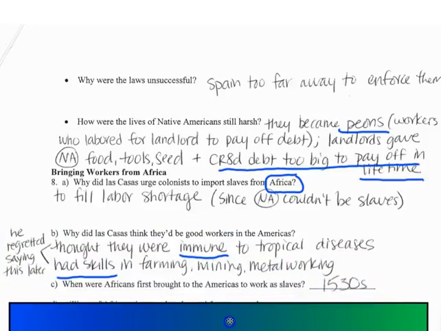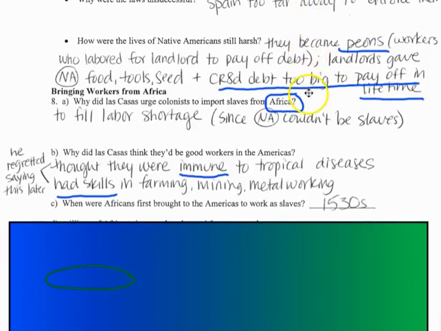All right, he says they're immune to certain diseases and they have skills that would be helpful. He regretted saying this later, but he said it, it's out there, and the slave trade from Africa began as a result. Well, he probably wasn't the one reason it began, but the idea that you could get workers from Africa stuck around. All right, so that's that.